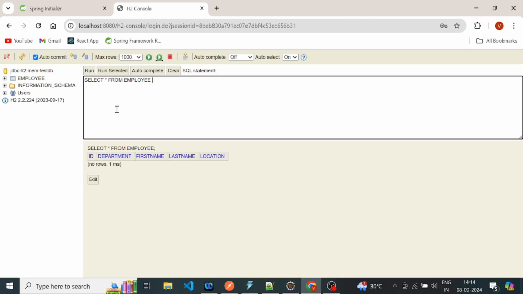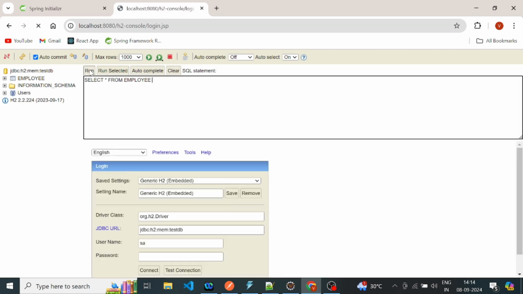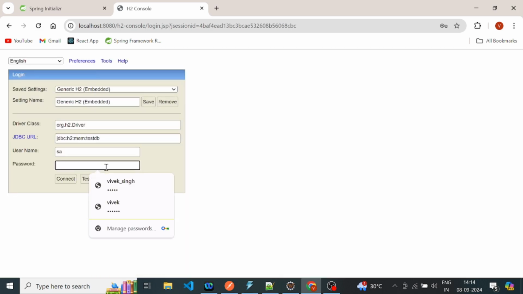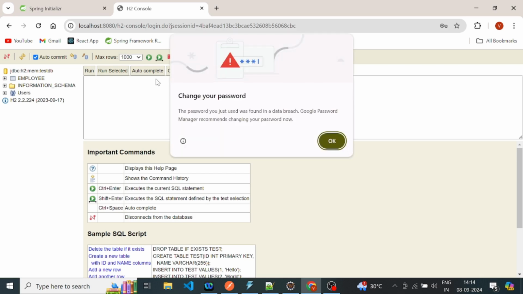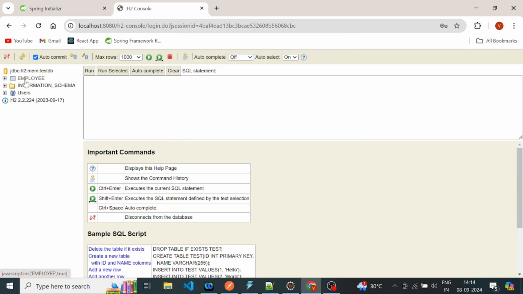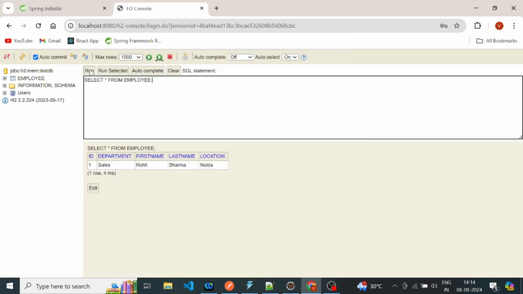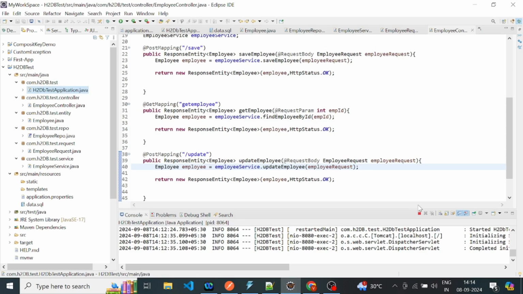So here just run this. This time we need to pass your password, connect. Okay, and employee, and run. Here we can see the location is changed to Noida. So this is the update method. And now next